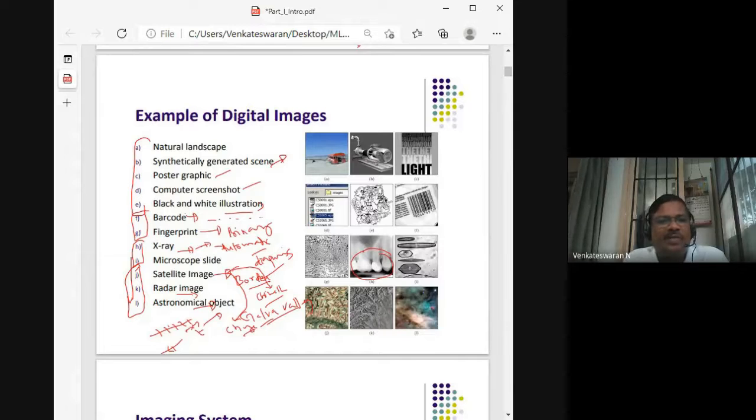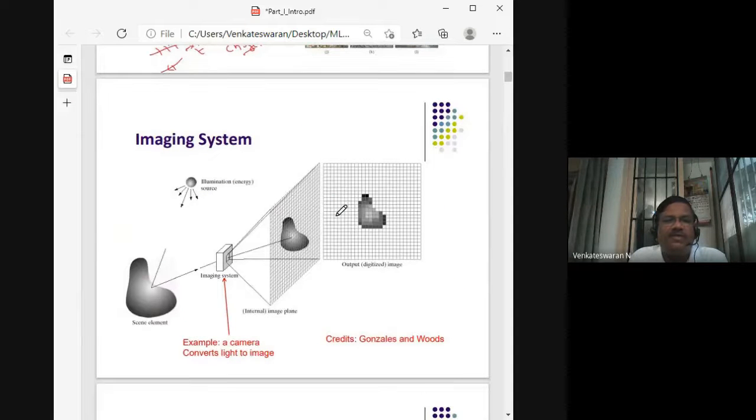So imaging is a very nice art today, and image processing has come into many fields. So we need to understand how an image is acquired over a period of time. Now, this is what is called a digital image. So how an image